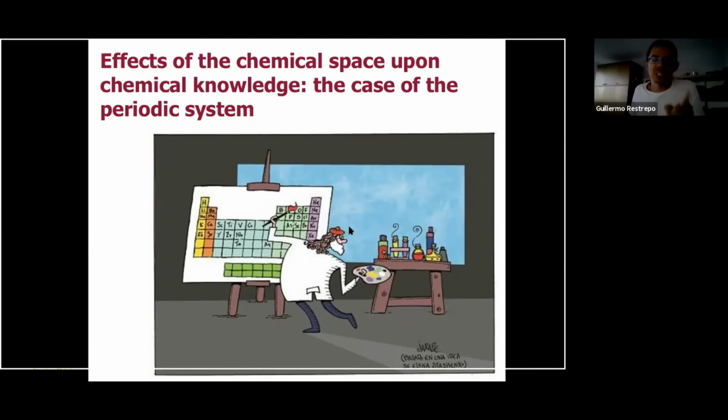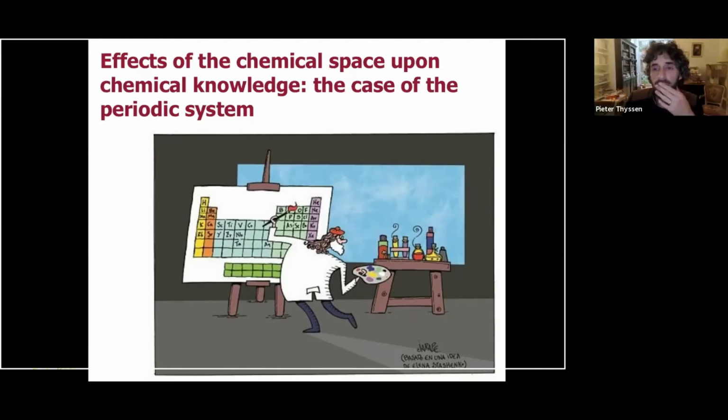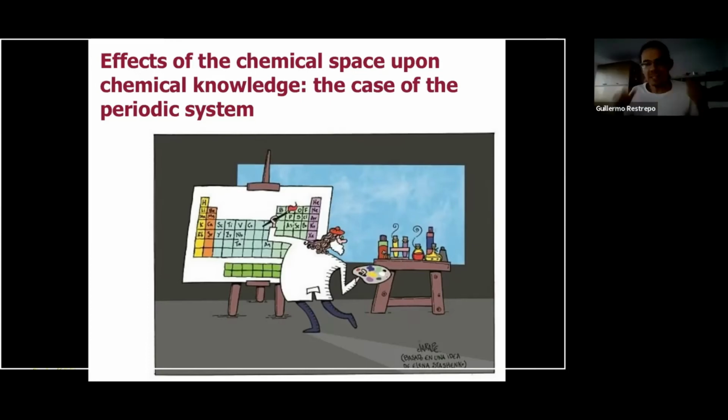Okay, I'm just going to finish with this. The idea is that the chemical space is expanding, and that's part of my discussions on the periodic system. Many people take the periodic system for granted, and I think the periodic system is evolving. It's not a given. For example, when you try to understand the structure of the periodic system, my question would be: when? In 1869 or today?